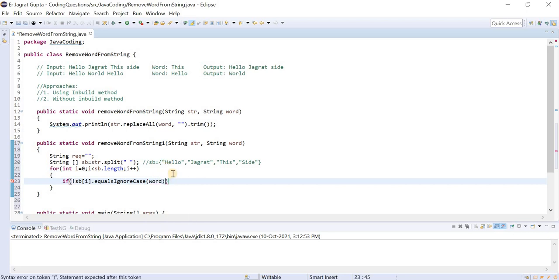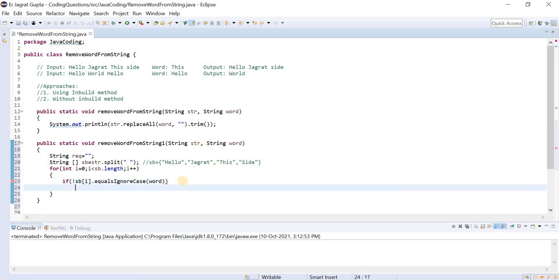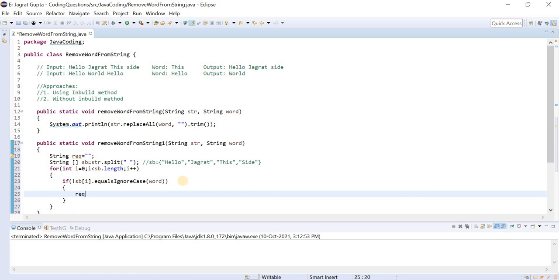It means we will traverse it one by one, and if the word is not equal to that word that we want to remove, we will store it in our required string. This is the simple concept that we are going to use. That's it.